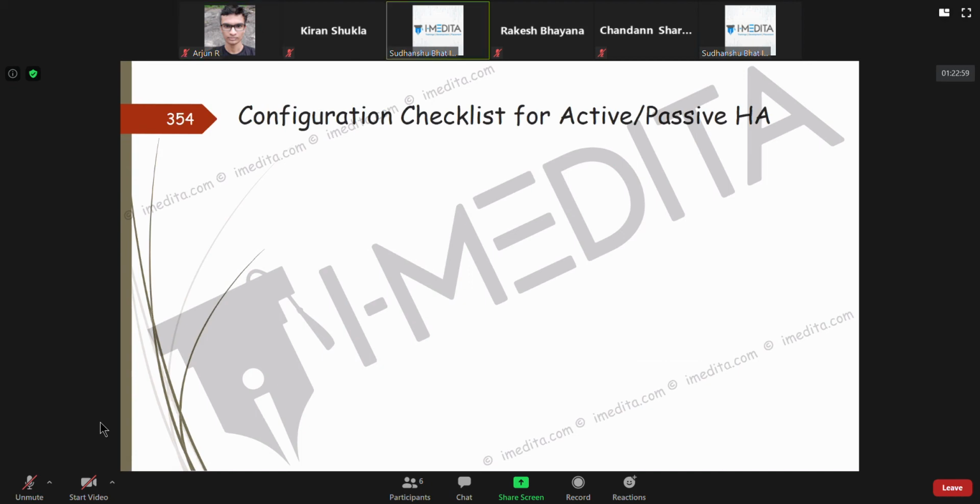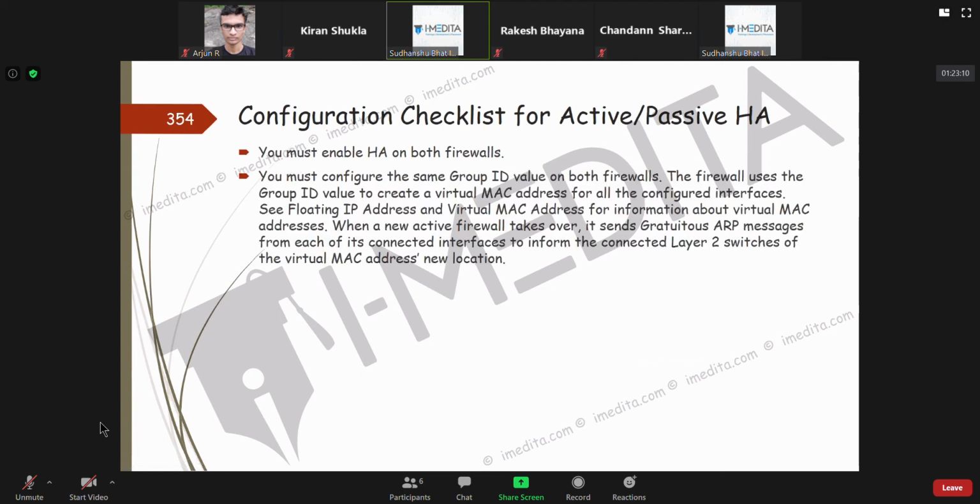So this is the configuration checklist for active passive HA. You have to enable HA on both the firewalls, obviously. And then you configure a value, just like when you configure HSRP or VRRP or GLBP, you configure a value like standby one.